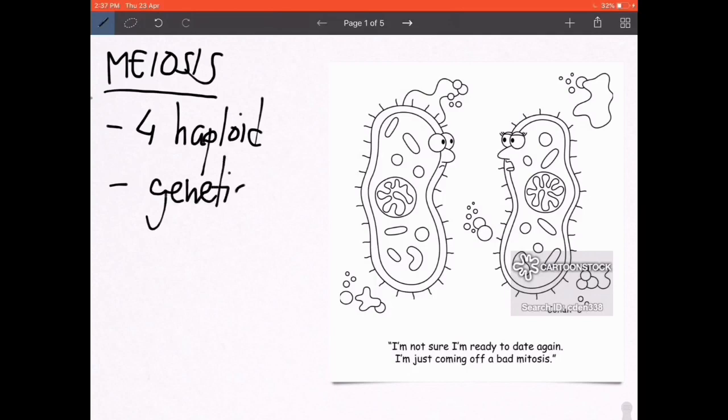So the hallmark is genetic variability. That's an important word associated with meiosis. And of course, it consists of meiosis I and meiosis II, and it is the first division that is known as the reduction division, where the haploidy is induced, while the second division can just be a typical mitosis, except